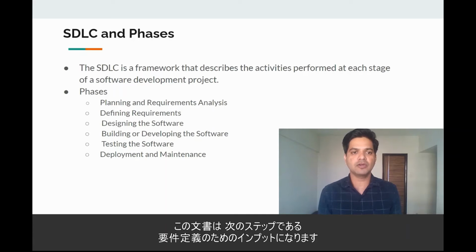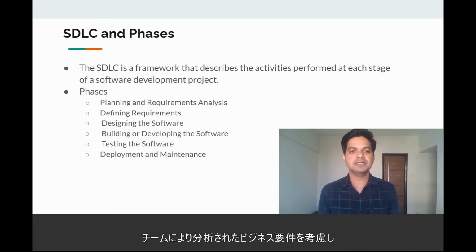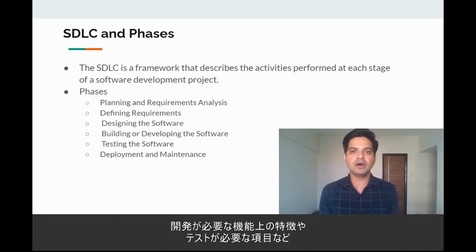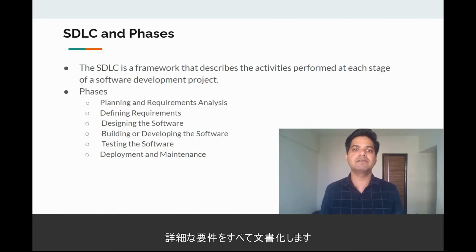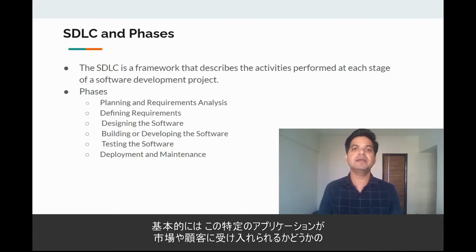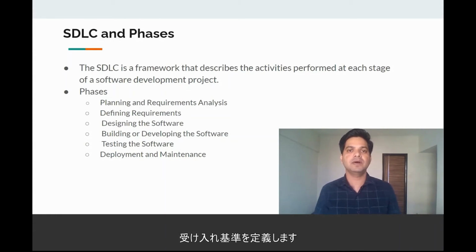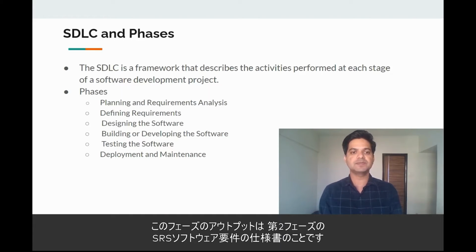And that document is input for our next step, which is defining requirements, where considering the business requirements which have been analyzed by the team, we document all the detailed requirements, including what are the functionality features that we need to develop, and what are the things that we need to test out, and basically define what is the acceptance criteria to accept this particular application in the market, or basically it gets accepted by our customer. So output of this particular phase, that is second phase, is SRS, that is software requirement specification document,